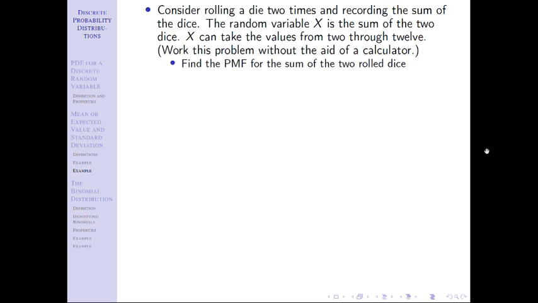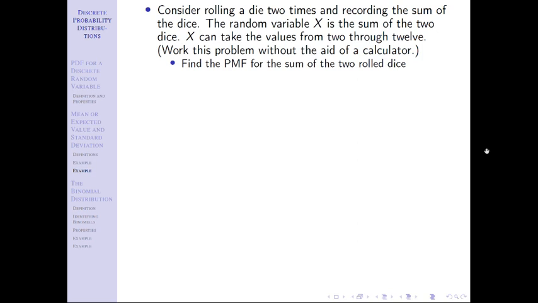Okay, so this might feel a little painful here, but I'm doing it because you need to be able to understand that concept and apply that concept, because we're going to get in the middle of complicated problems, and I'm going to need you to feel very comfortable with saying, oh, I know that this can happen 5 different ways, and 2 of them lead me to a success. So my probability is 2 out of 5. And so we're just going to work through that with 2 through 12.